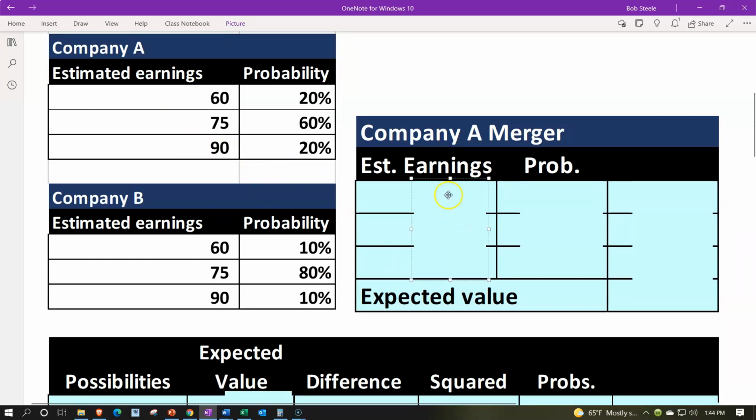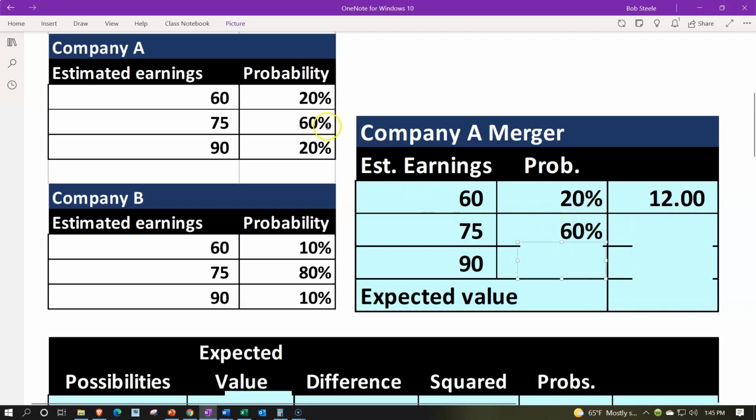can calculate by simply taking the 60, 75, and 90, same numbers here, picking up our rates. At the 20%, 20% of 60 would be the $12. And then we're going to pick up the 60%. 60% of 75 would be the 45, and then the 90 and 20. So 90 times the 20% would then be our $18, the 12, the 45, and the 18, adding up then to the